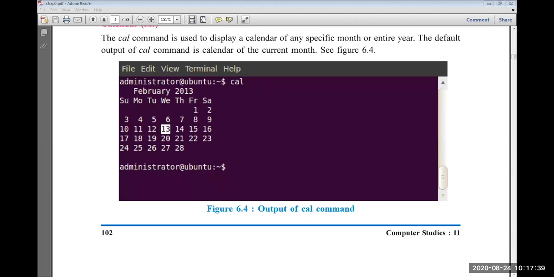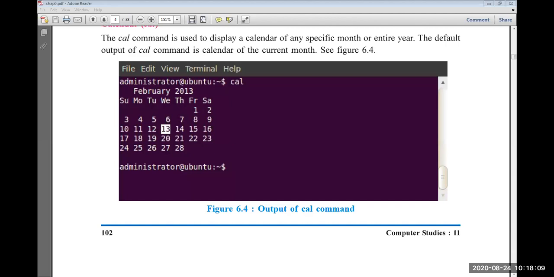But if you want to see a particular year's calendar, then what you need to do is type cal, space, and the year. For example, if I want to see 2020, you will type cal space 2020 and press enter. So what you will see? You will see the calendar of the entire year.